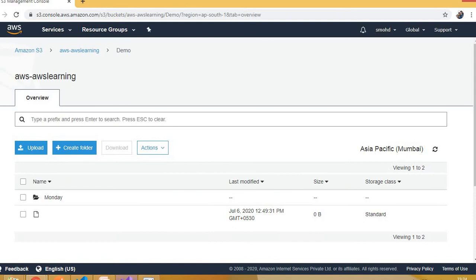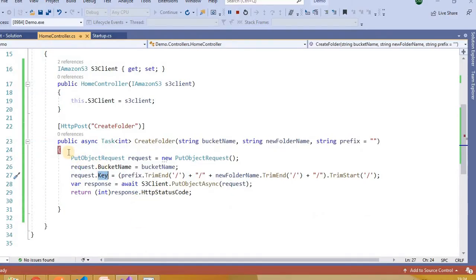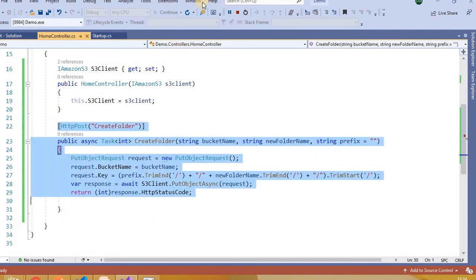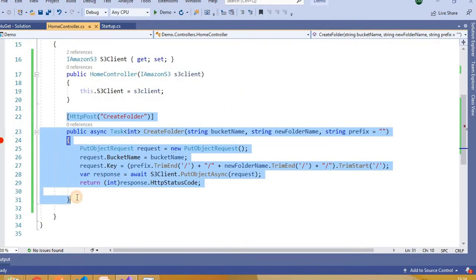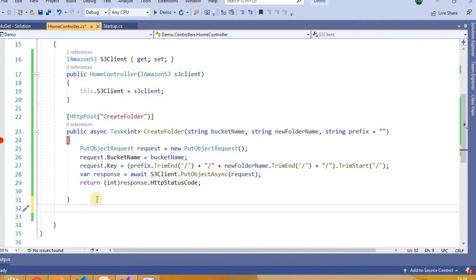Right, let's move back to here, let me stop it and create one new function here to upload the file. I will copy and paste it to save my time.